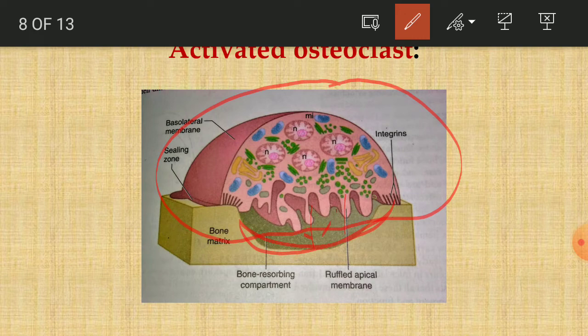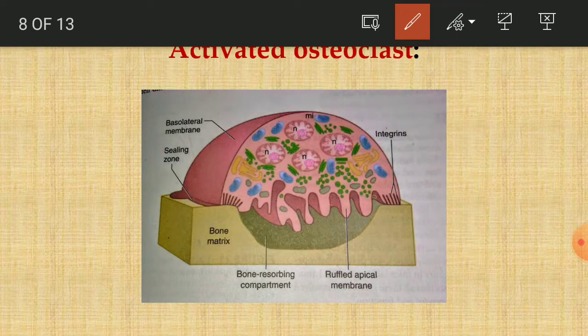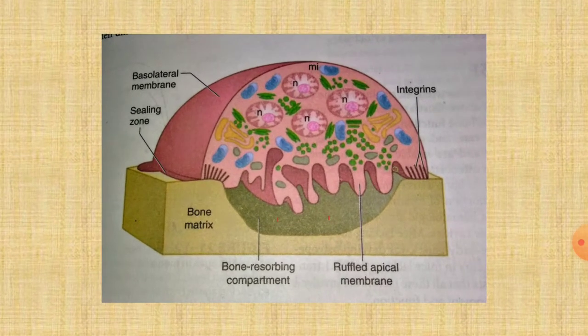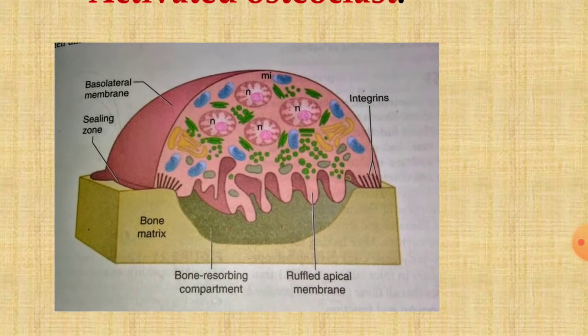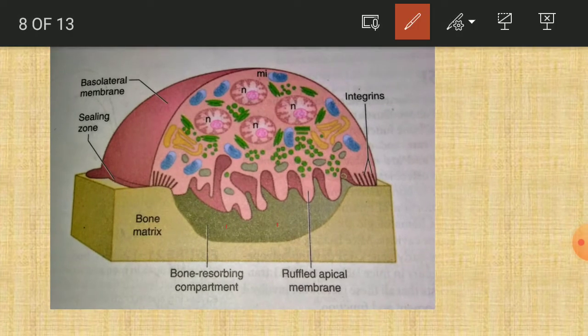different substances. What are those substances? They liberate different proteolytic enzymes from the lysosomes, proteolytic acid proteases, different lytic enzymes. Also, there occurs pouring out of H+ ions by the H+ ATPase enzyme system, so that the localized bony area can be dissolved, forming a gutter-like depression called a resorption pocket.